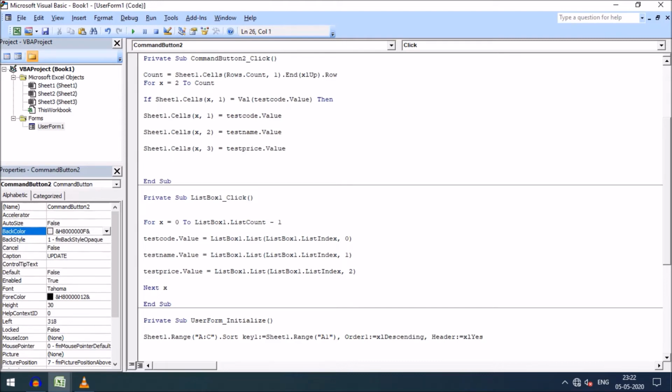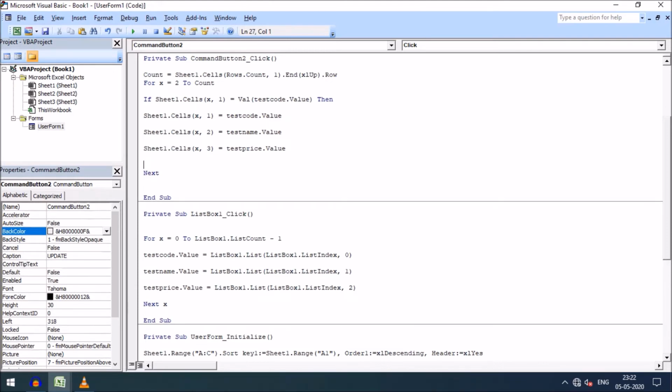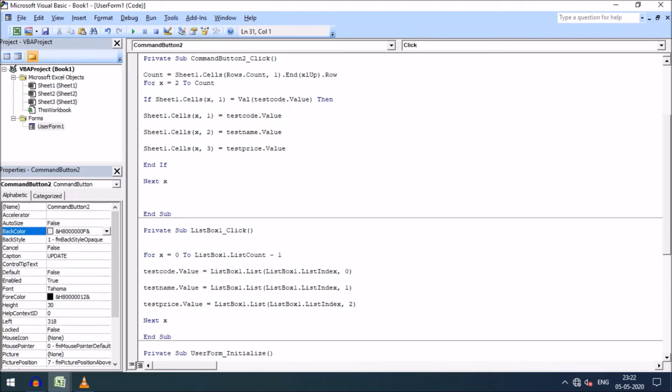So closing the for loop, closing the if statement with end if, and then closing the for loop with next x. And then friends, if I want to refresh the user form, we can write